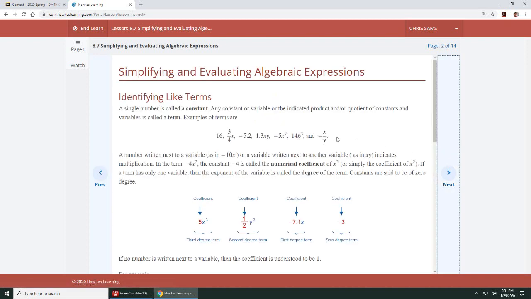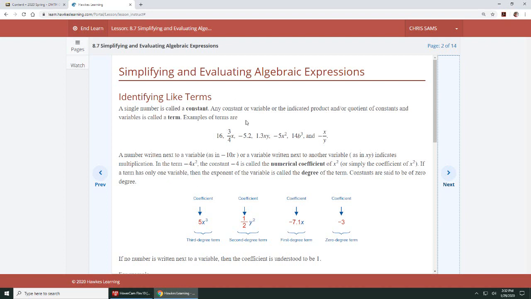Okay, so this first page, this is probably one of the most important here. They say a single number is a constant. A constant is something that doesn't change. It's consistent. So if I just told you 5, the number 5 is the number 5. It doesn't change. It's just 5. So a constant is any number, just a single number. A variable, okay, or the product. So if I multiply a constant with a variable,